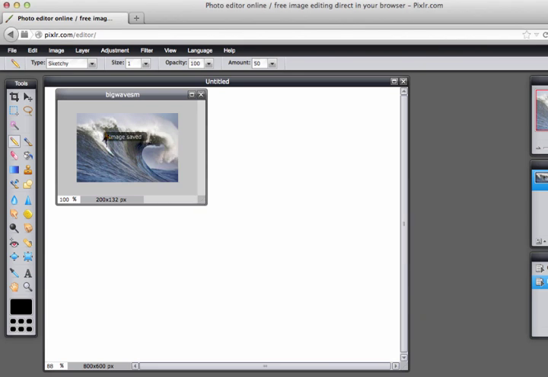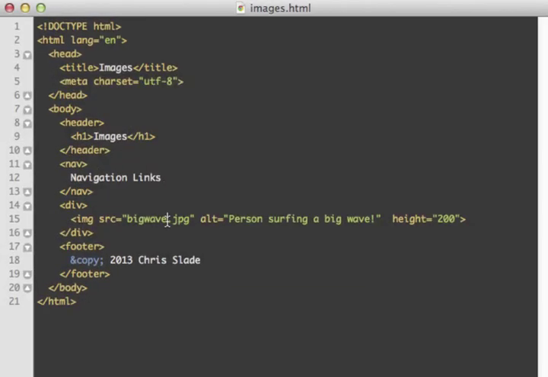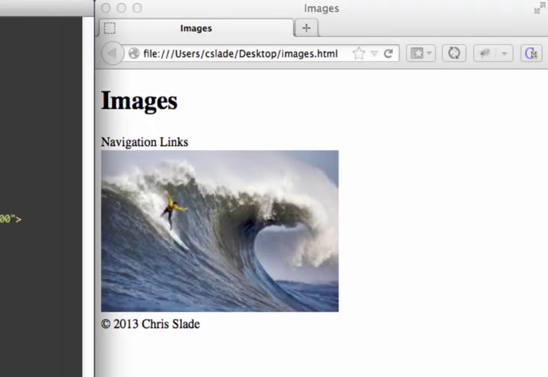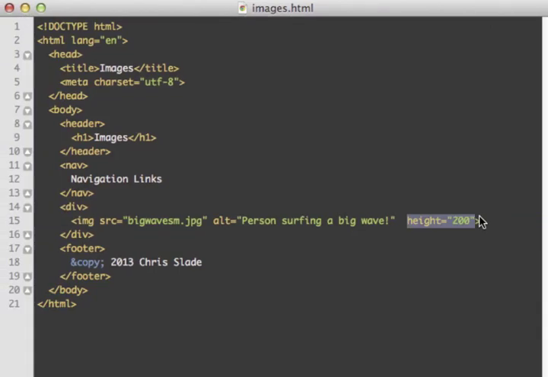And now I have a big wave SM on my computer in the same folder, and now I don't need to change the height or the width of this because I edited my picture to be the right size. So it's really important for you to edit your pictures and make them the right size, especially if you're taking them off of a camera. They're usually really high quality images with large file sizes, and if you're only going to make a picture this size, then you probably want to use photo editing software to shrink that